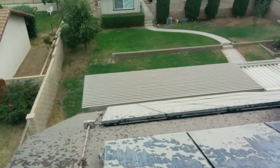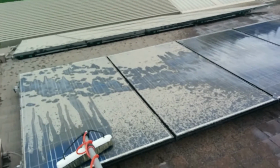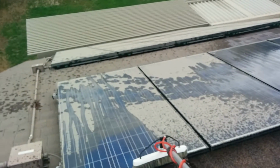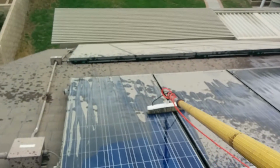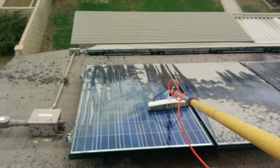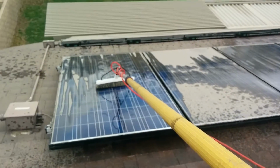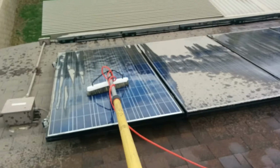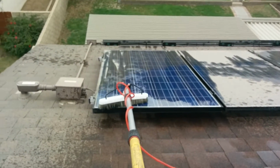Here we go. I'm gonna clean this solar panel here, one-handed, with my solar panel cleaning brush here on the roof. You can see the difference solar panel cleaning makes, and this is going to make a huge difference in efficiency. Now, we're not using just any kind of water. We're using deionized water. So, as you can see here,